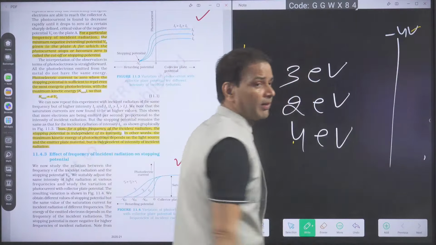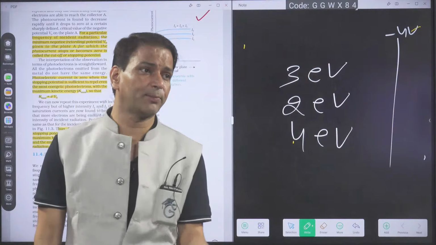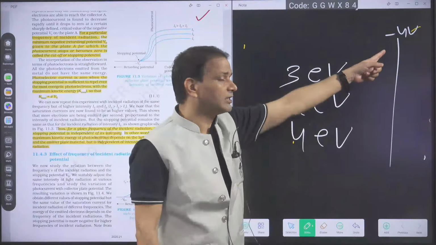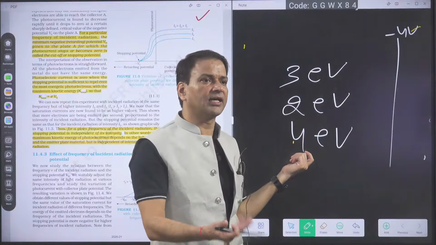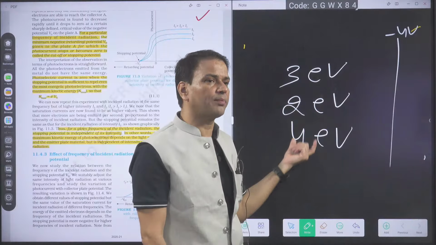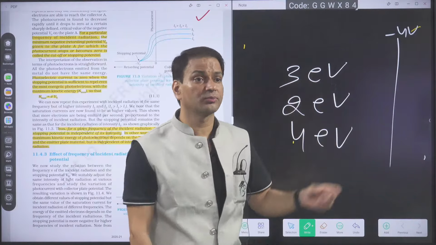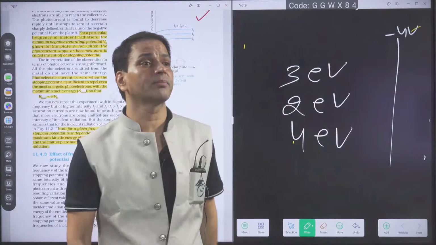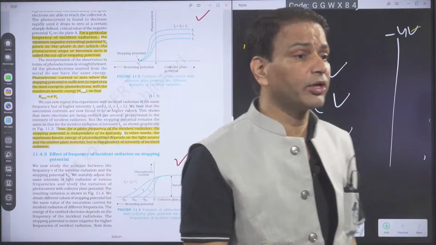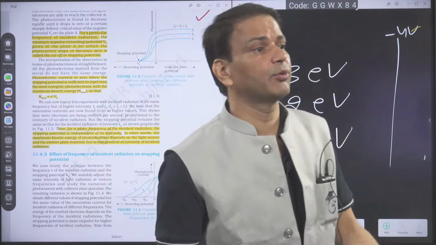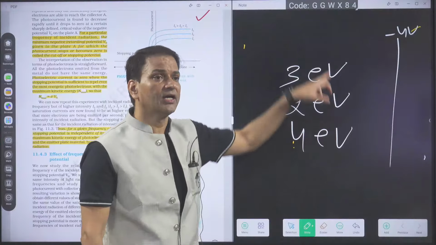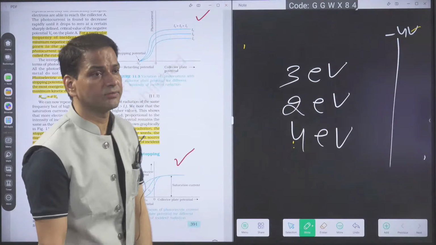Minus 4 volt. Then what is the work done by the potential? QV means minus 4 eV. Minus 4 eV and this 4 eV, then the energy becomes 0, so it will stop, and the others will also stop. So what is the stopping potential for these energies? I can say stopping potential is minus 4 volt. So stopping potential depends upon which factor? It depends upon the maximum kinetic energy. The maximum kinetic energy is 4 eV, that's why we get a stopping potential of minus 4 volt.